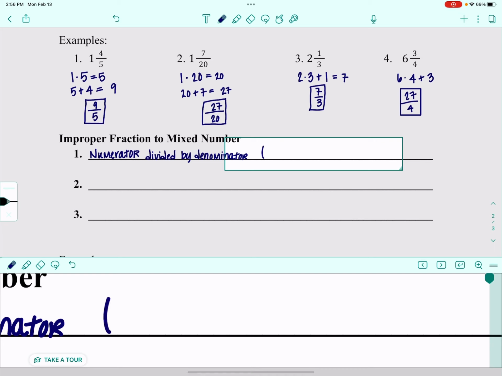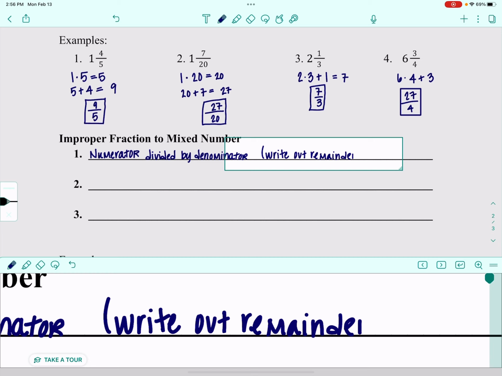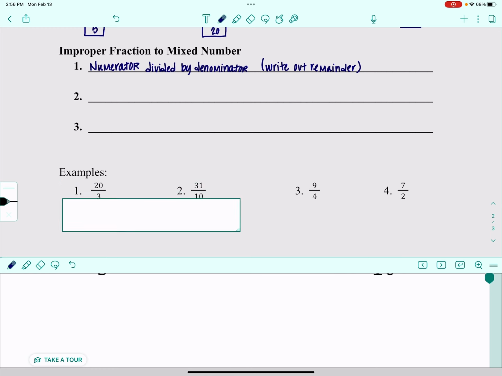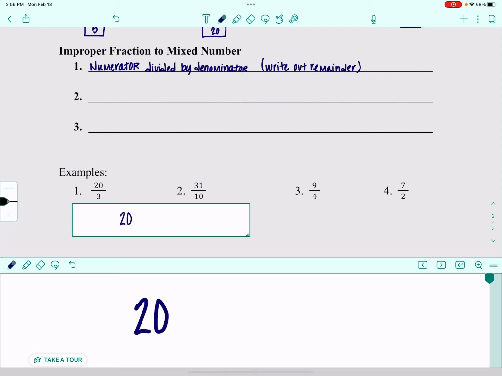But we want to actually write out the remainder. And this is going to go way back to when you first learned to divide by hand. I'm going to look at this 20 divided by 3. That means I want to do the numerator